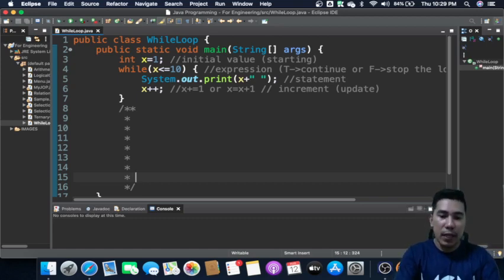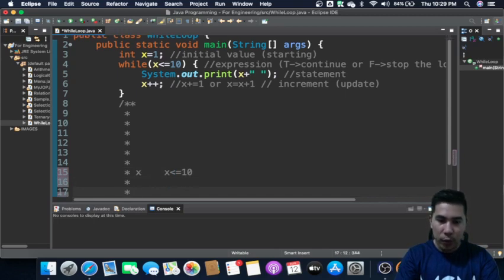Let's say you have the x value, this is the expression, the expression value is 10, and then you have here the output. The output is System.out.print of x.